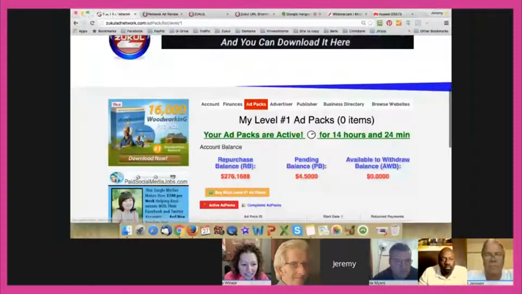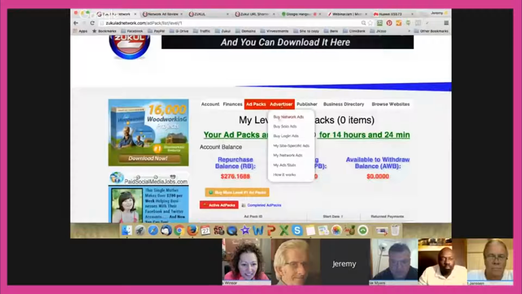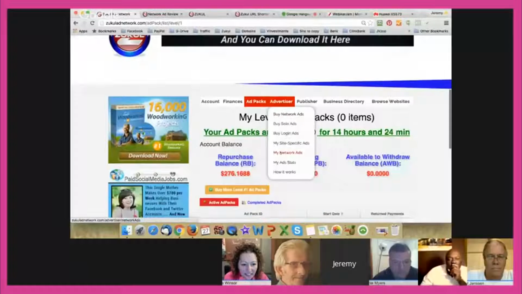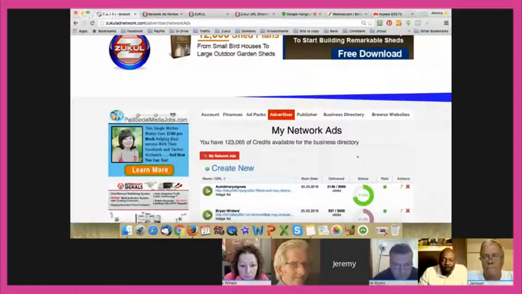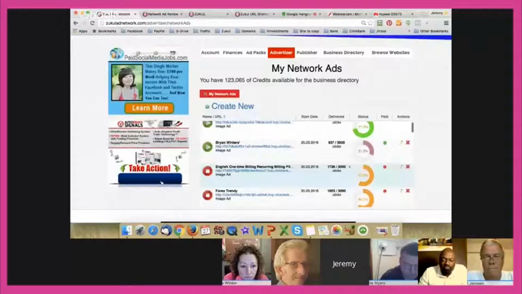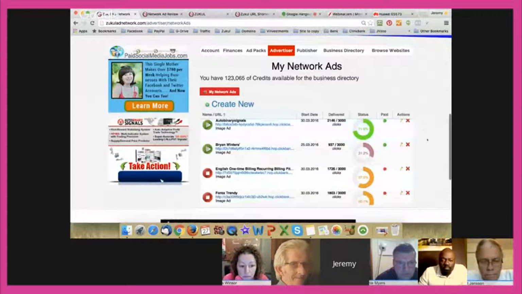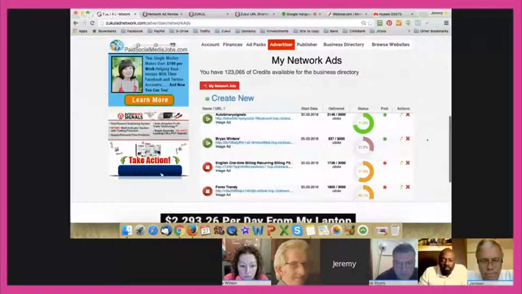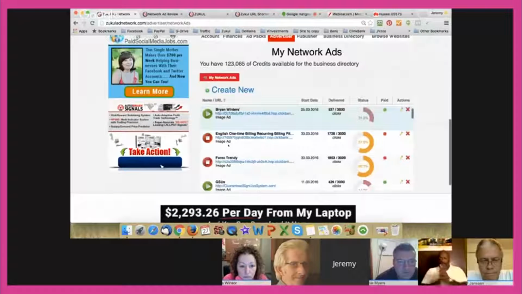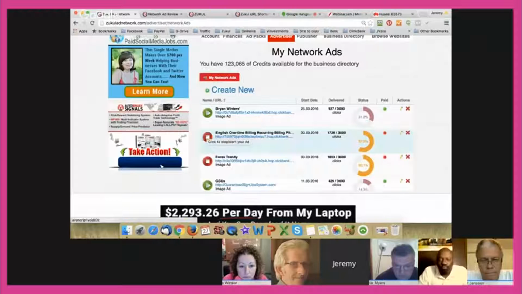If you come down to the advertiser, and I come down to my network ads, it will look something like this if you've placed some ads. If you've got an ad, it'll have this play sign, and it will tell you how far it's been delivered, that little wheel, the same wheel that we got for the ad packs. If it's just been approved, you will see this stop sign. Once it's approved,